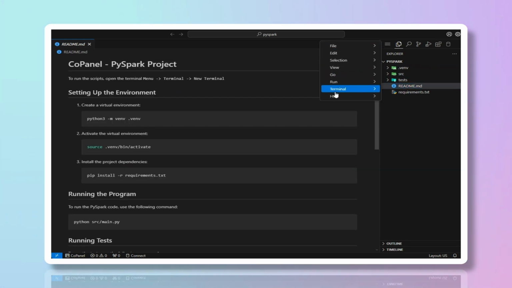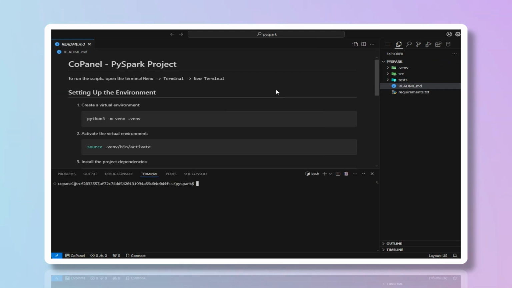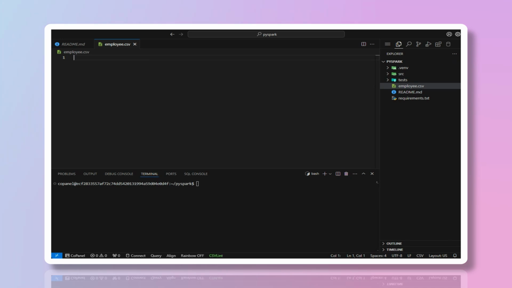The candidate opens the terminal from the menu bar, then selects Terminal and New Terminal. The candidate is asked to create a sample CSV data file. The interviewer provides a few records for an employee dataset containing name and salary. The candidate creates this file, and the interviewer asks them to write PySpark code to calculate the average salary from